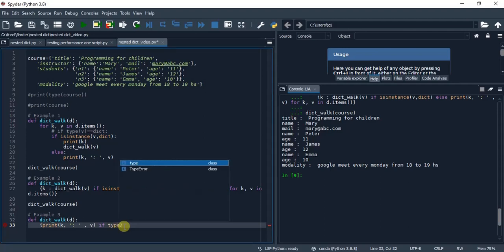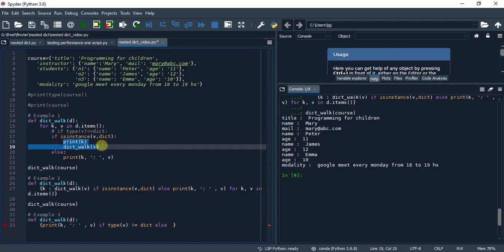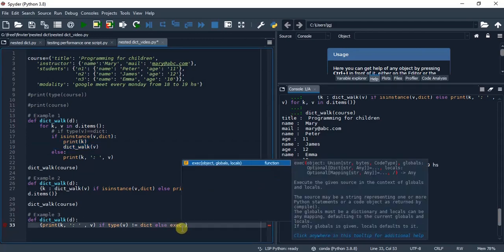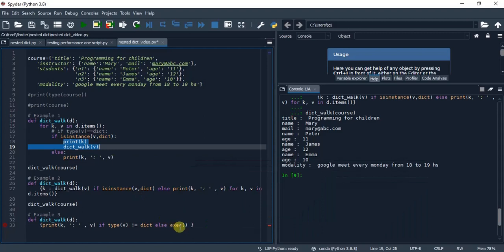Type, not equal dict. And inside else, I have to run these two lines. I can put these two lines in one line with the exec function. Exec, copy, paste here